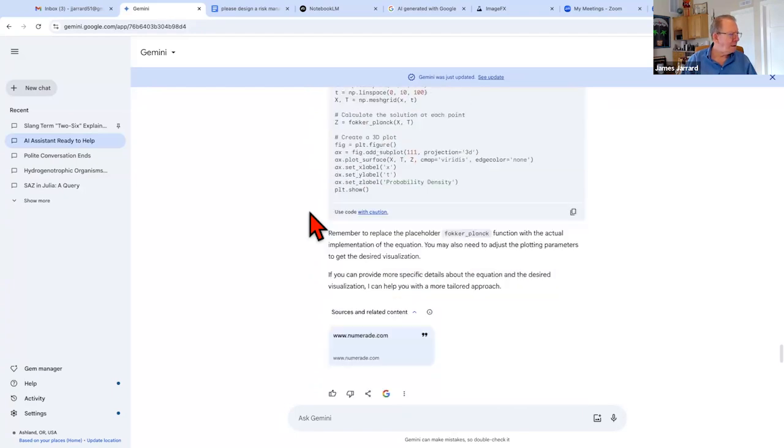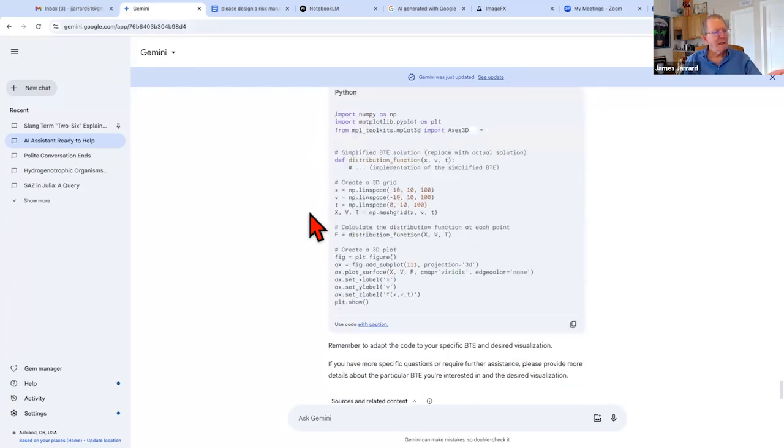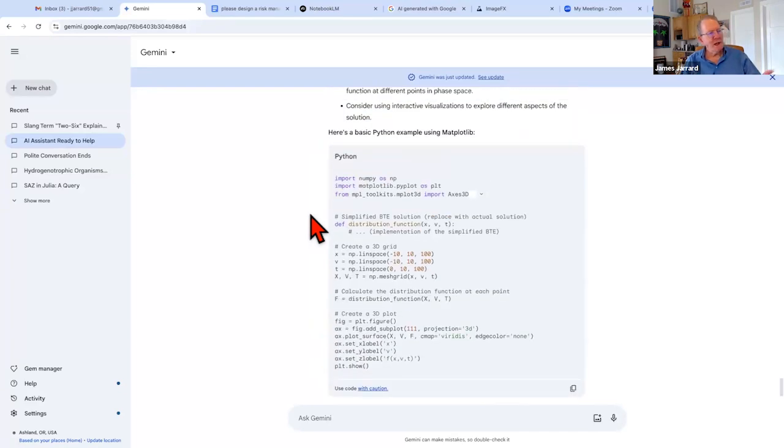Oh, it came down. Here's code. I talked about code that can be generated. I tried to use the multimedia language model, MMLM, but I was having problems. So it told me I could use Python.